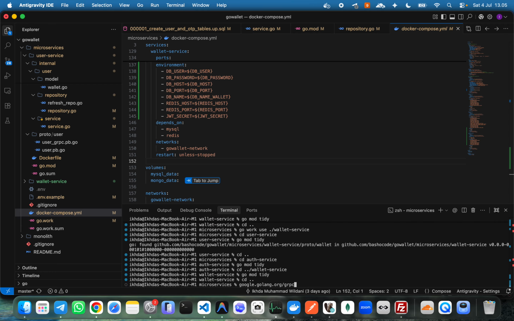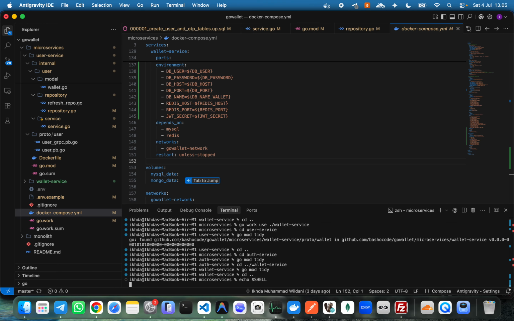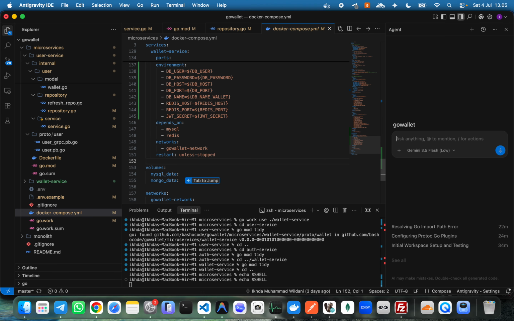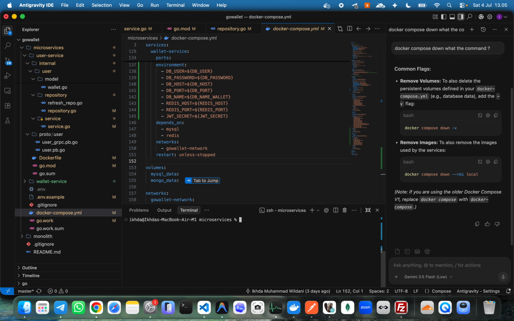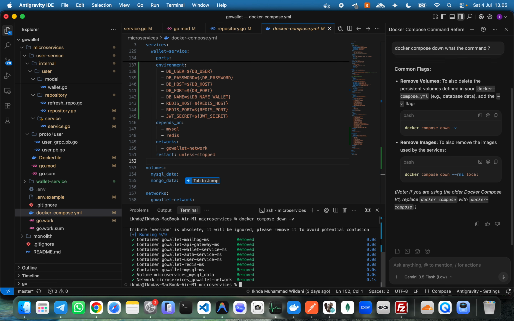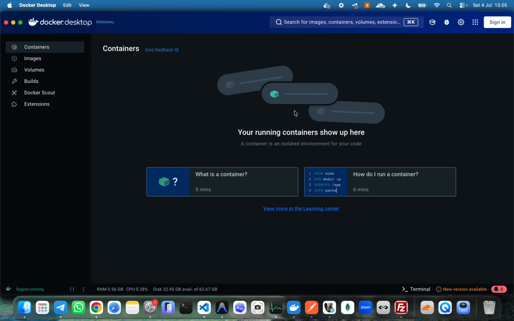Let me check, do we have a docker compose down or docker-compose down? What the command? Clear, docker compose down dash v. So we remove first,